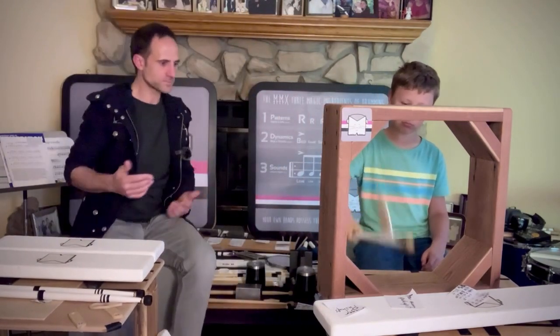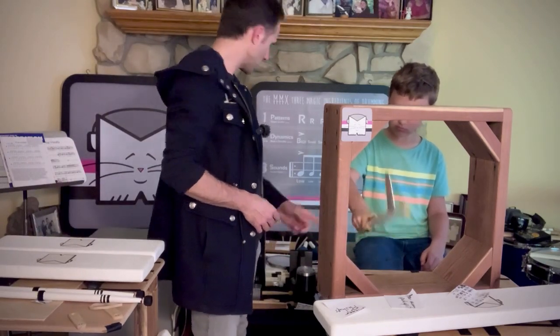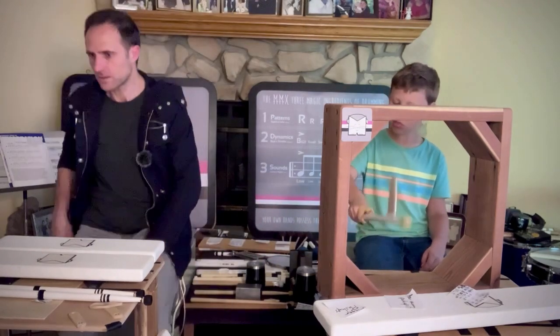All right. Okay, now just give me some downs, and make sure that thing is, yes, precisely, straight up. And you're going to hit this stick against, in fact, let's just do,